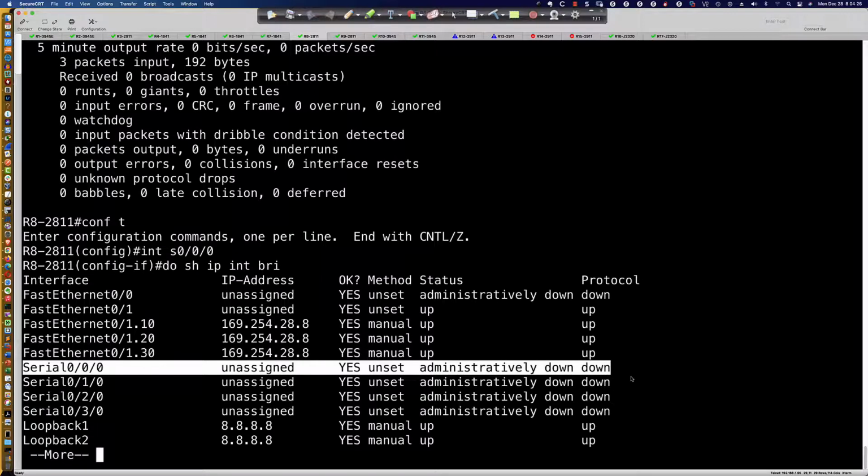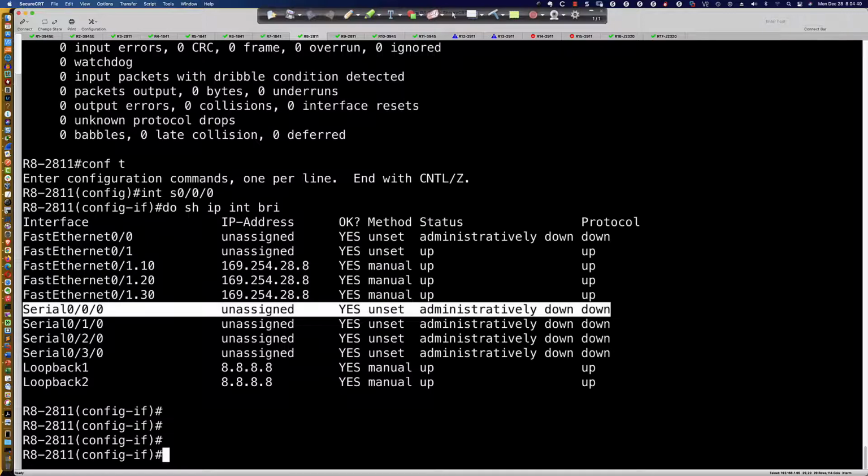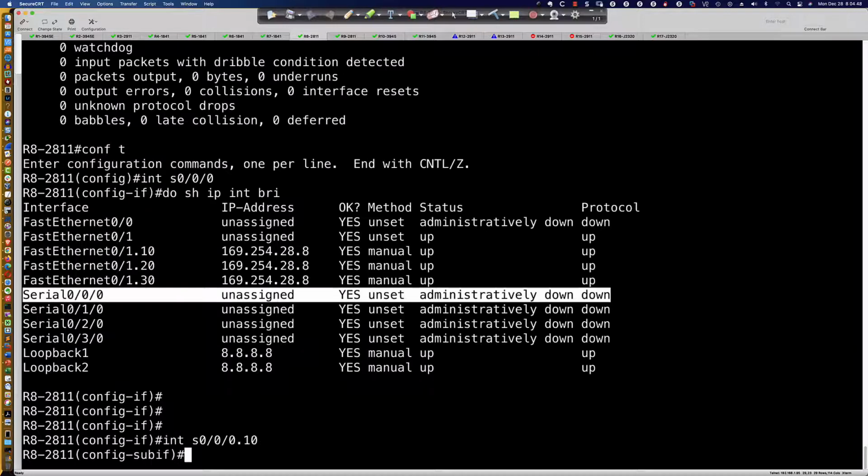This is going to be the interface which we will carve up or create logical sub-interfaces on. However, watch this. If I was to say interface serial 0/0/0.10 for VRF red, you can see that it drops me into the sub-interface configuration. Now, let's look and see, is there an